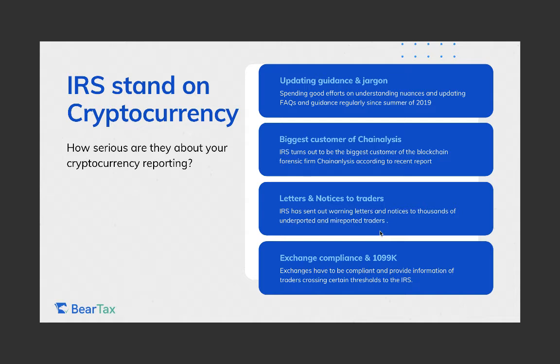As I said, it's exchange compliance and 1099-K forms. Exchanges operating in the US have to be compliant with government regulations. As part of that, they are mandated to send a 1099-K, a form which is sent to individuals who are trading more than 200 transactions, or who are trading more than $20,000 in currency. Their information, like what trades they did and how much money went back to them, goes to the IRS. So you have to report if you have received a 1099-K. Though that particular form doesn't help you with taxes, you have to figure out and report it.